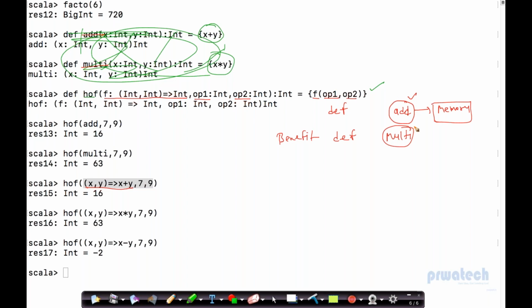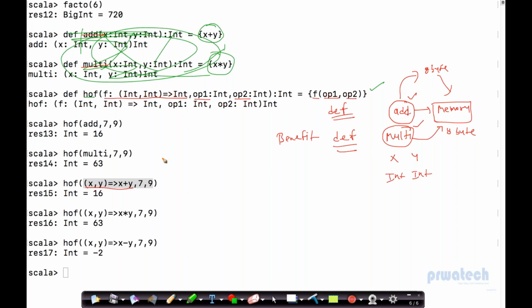If I'm writing this ADD and multiplication and giving two arguments, x and y, and both are integer, so this will store 8 bytes. This ADD will take 8 byte space because it is 4 bytes each in memory, and similarly this multi will also take 8 byte space in memory if I'm defining it. And whenever I'm calling this ADD,